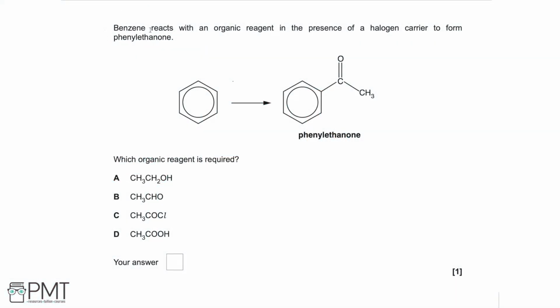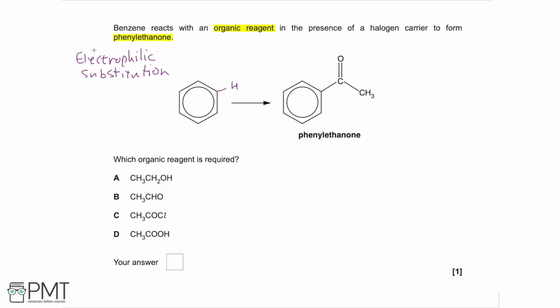In this question, we're told that benzene reacts with an organic reagent in the presence of a halogen carrier to form phenylethanone. So here's the overall reaction. We're going from benzene to phenylethanone. So what's changing? Well, we are going to be swapping out this hydrogen for this carbonyl group. And we need to think about how that's going to happen, and this is an electrophilic substitution mechanism. So what does that mean? Well, we know that we're substituting this hydrogen for this group here, this ethanone group,